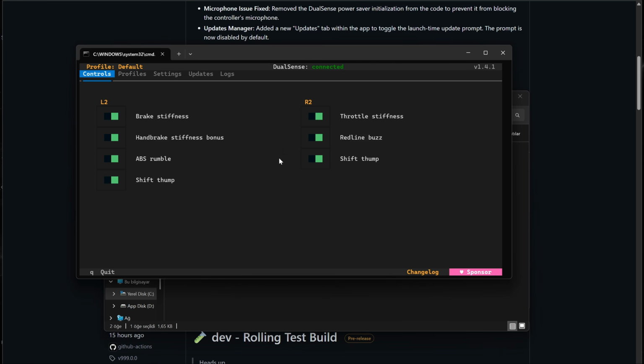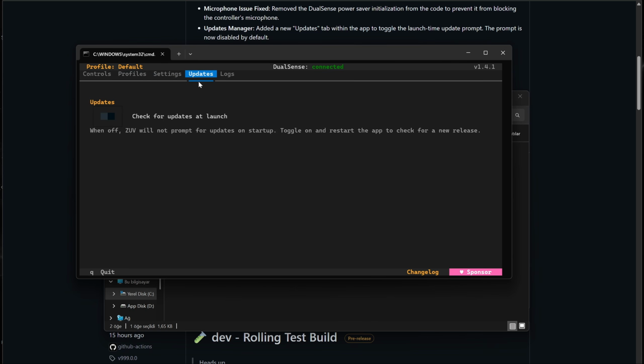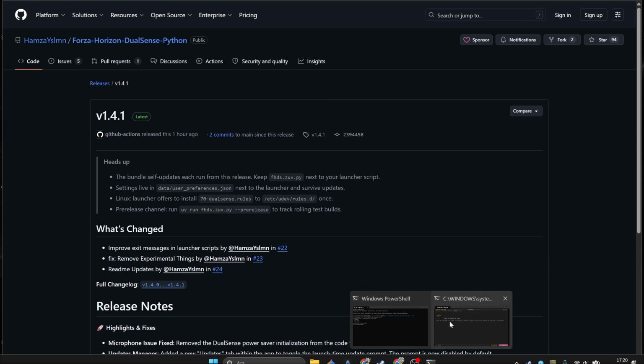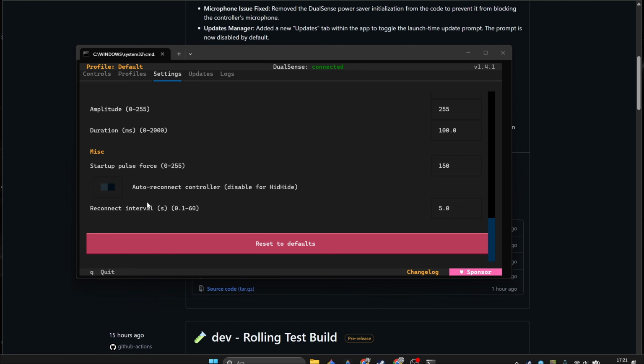Here are the animation menu, profiles, settings, updates. Because I update the program very quickly, automatic updates are disabled. So you can enable it if you wish. But if there is a suitable version that works for you, then you can close it. Don't worry, you can manually update later. You can click here or here for the latest updates.